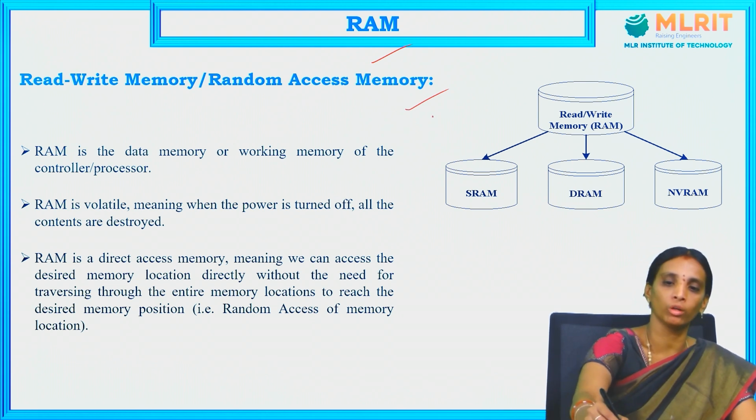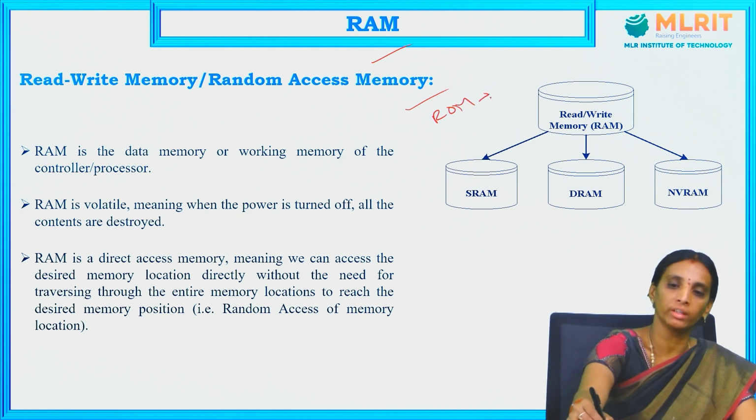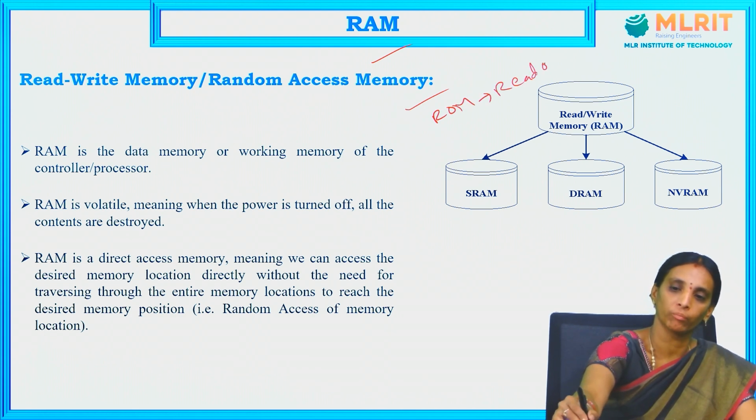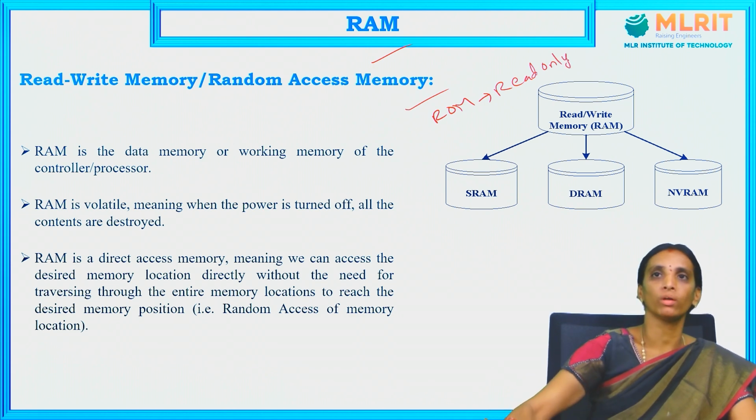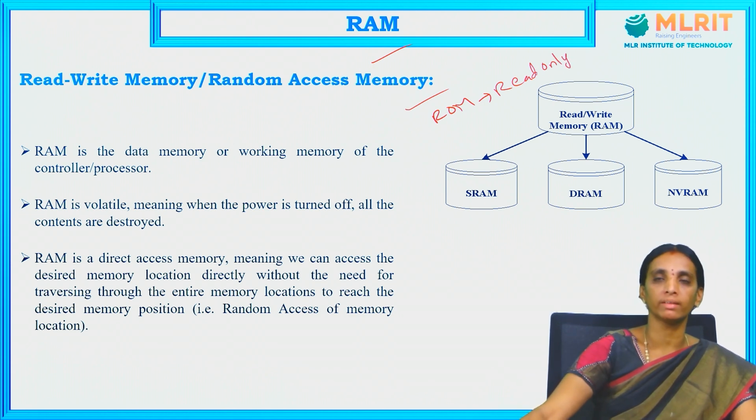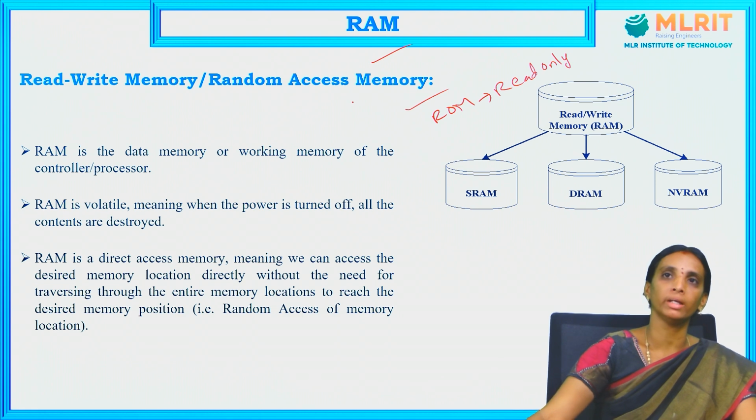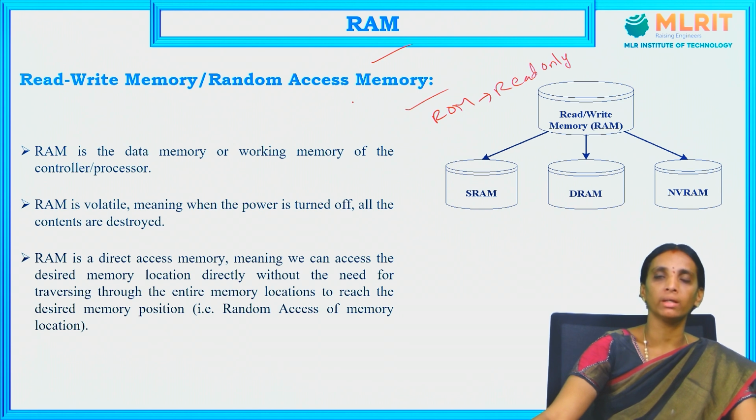In read-only memory, we have seen that memory is used only for read-only purposes. Once the program or the data is entered into the memory, it cannot be modified. It can only be read by the user. But in random access memory, it can be accessed and used by any user. The data in this memory can be modified any number of times.